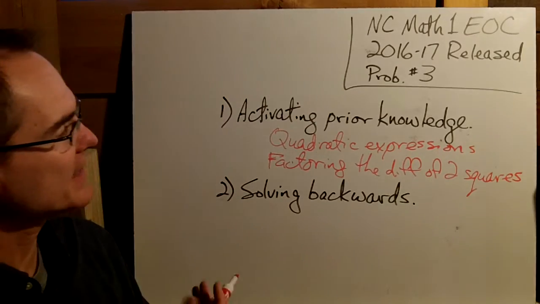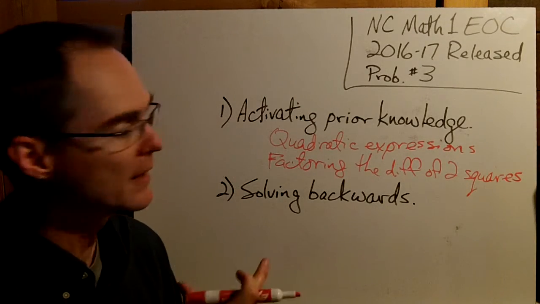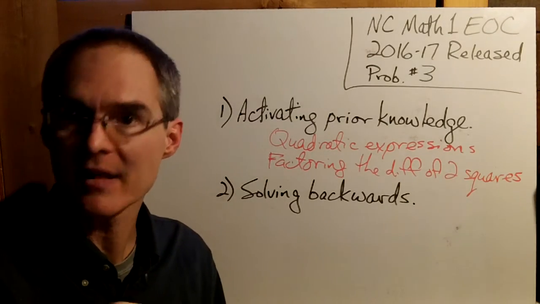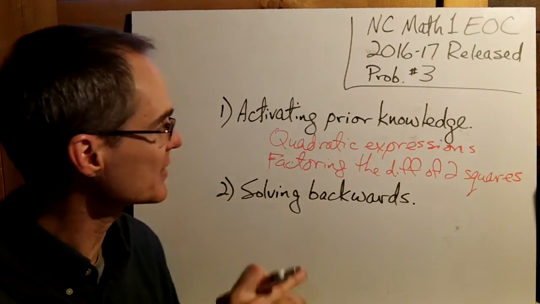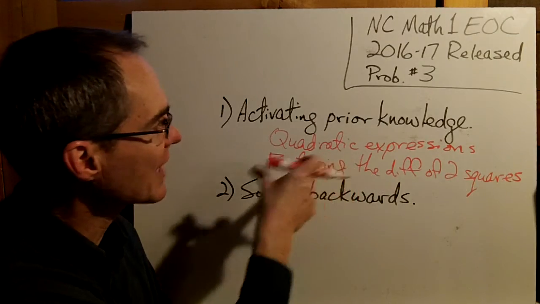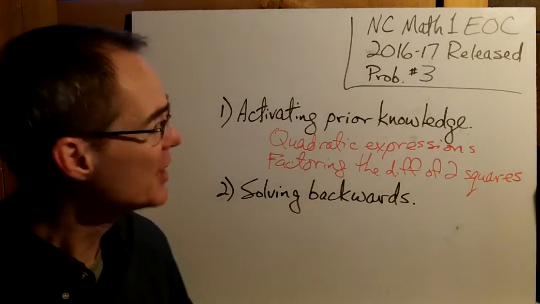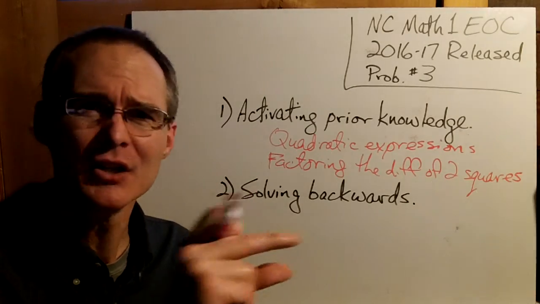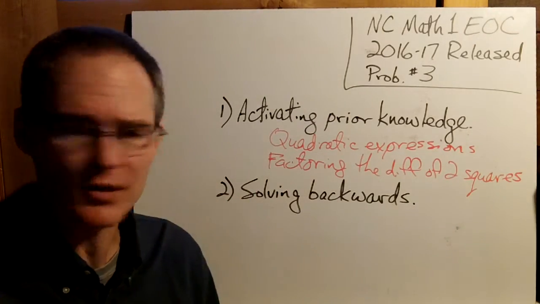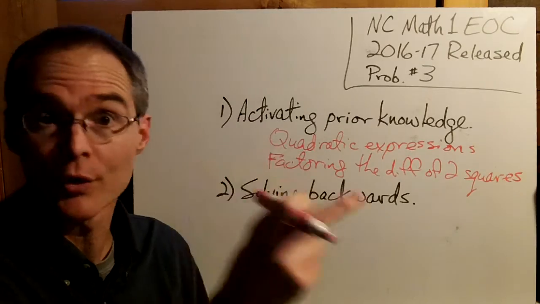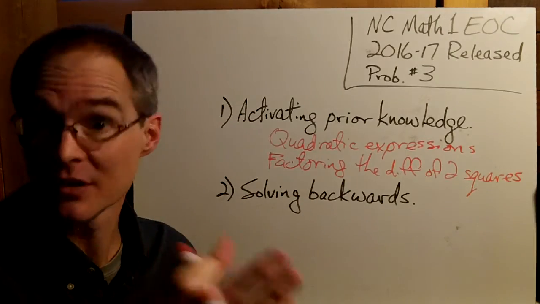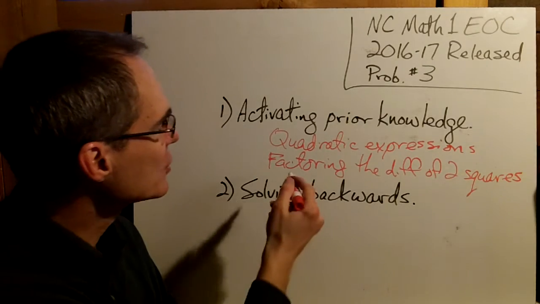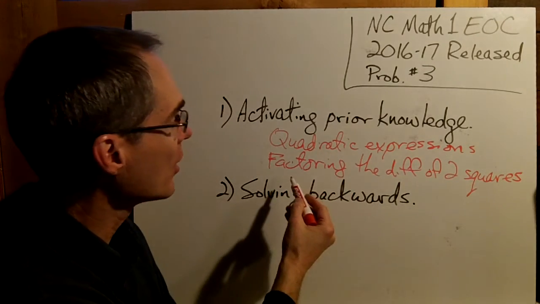So as I indicated as I was solving the problem, this particular problem was pretty straightforward, just math. It was just manipulating symbols. It was just taking a quadratic expression and factoring it into two binomials. So there wasn't any, you have to set up the problem or you have to translate words into symbols or symbols into words. It was just a straightforward, here's a quadratic expression, factor it. So if you struggled with this, chances are you may just need to study a little bit more on factoring